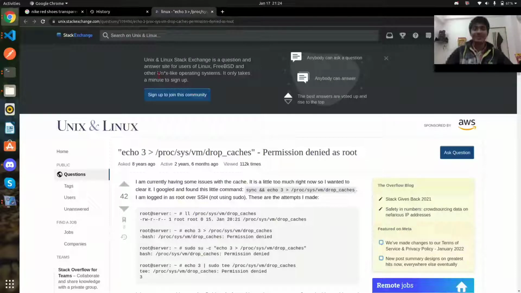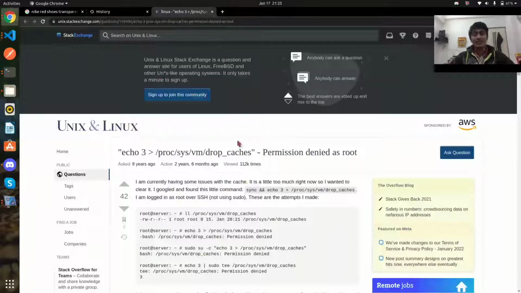Today in this video, let us quickly see how we can clean Ubuntu RAM memory, or also we can say buffer, that is occupied as time progresses, slowly degrading the performance of the system. Okay, so quickly let us see how we can achieve this.